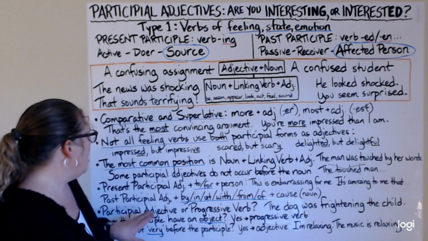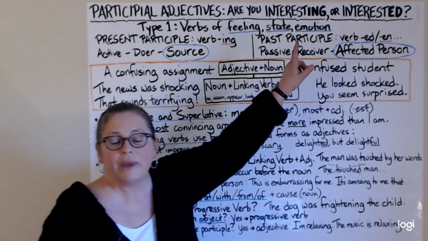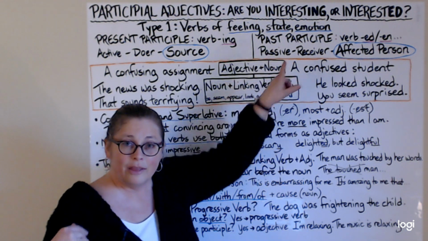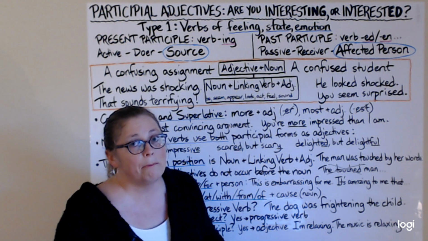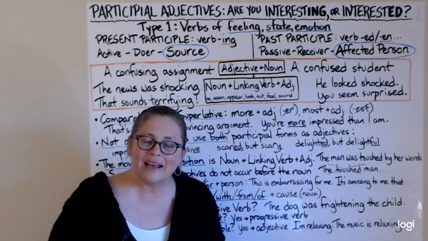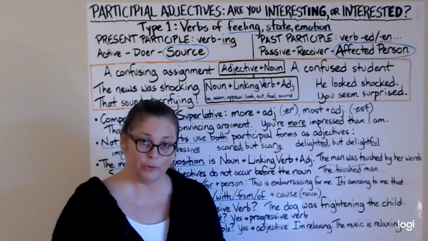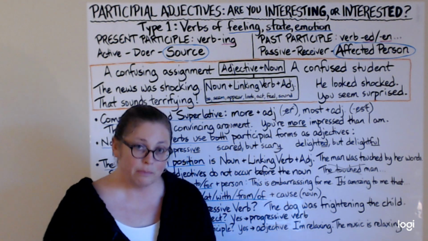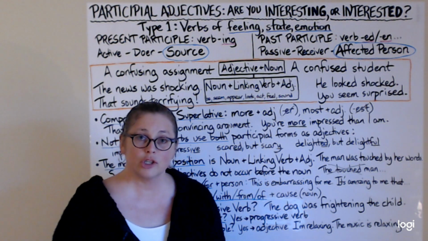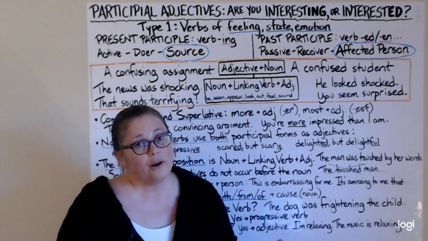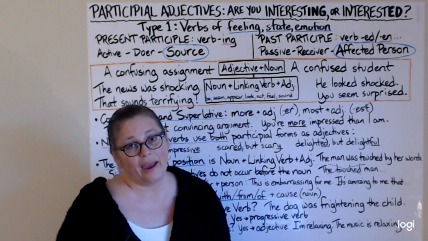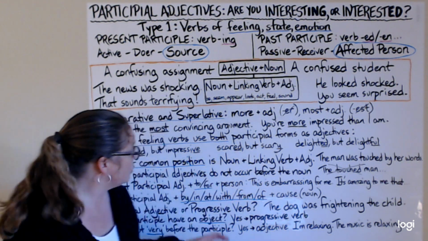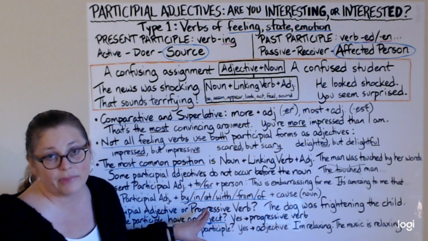Okay? With a past participle, because a past participle is a passive idea, the most common preposition is by. If you've studied passive, you know that you use by before an agent. So that's the most common. She was terrified by the shark. But not all of them use by. If you use interested, you don't say you're interested by something. You say that you're interested in something.